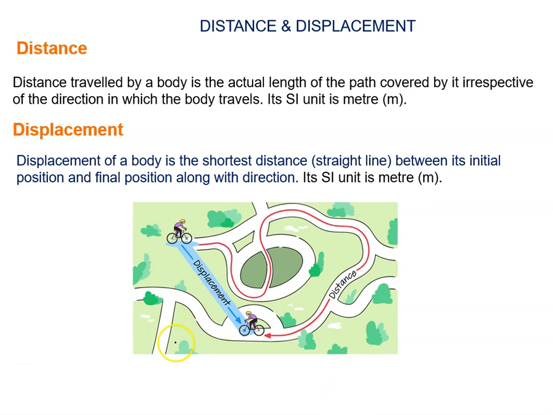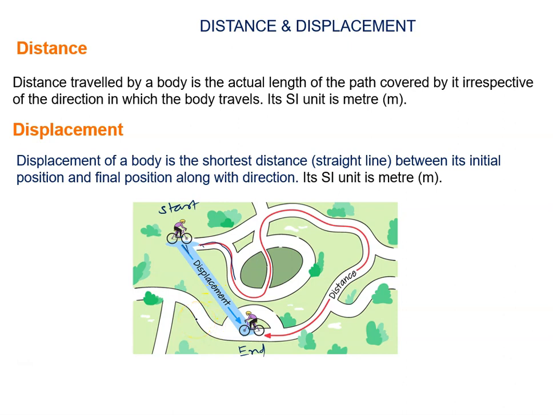Here in this picture I have shown you there is a cyclist. This cyclist is following the zigzag path along the red curve, and this is the starting point and this is the end point. The cyclist is reaching the end point. Now if we have to calculate the distance, we have to measure this whole complete red length, that is known as the distance. But when we have to calculate the displacement, we have to join a straight line by joining the initial point and final point, or starting point and end point. This straight line which is shown by this blue color arrow is known as the displacement.